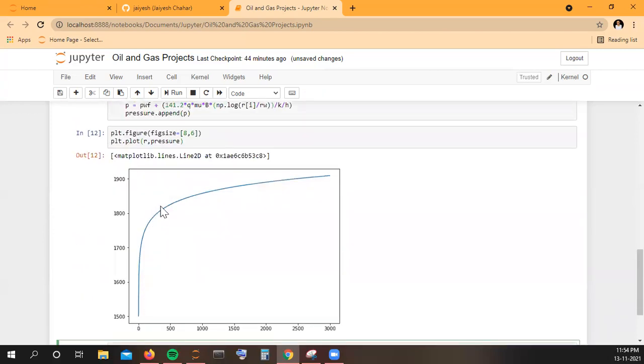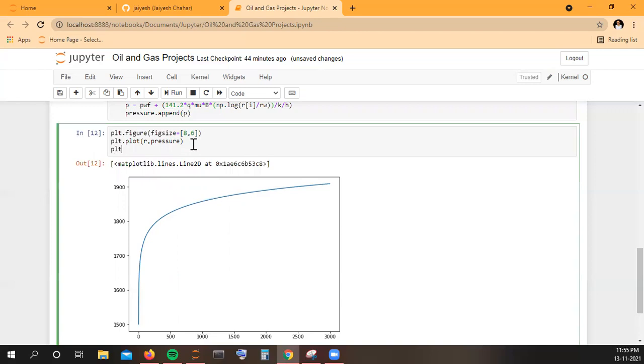Brilliant. So basically, Jayesh, you have converted a textbook image into a Python image. Yeah, and I mean, it still makes me feel very good after doing quite a lot of projects in machine learning and data analytics. It still feels good to convert a textbook image into a Python image, right? Yeah, great feeling. Let us customize it a little bit so that now we are making it better than the textbook image. Nice.